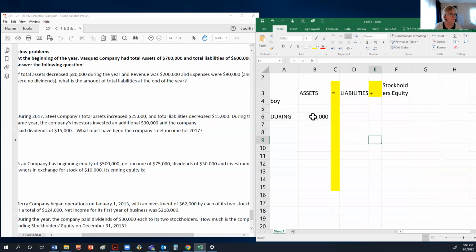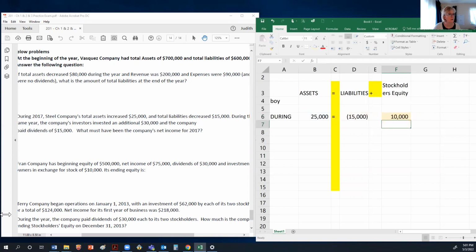Okay, total assets increased 25,000, but total liabilities decreased 15,000. But this equals has to hold for every transaction. So then you have to solve for this number, okay? So whatever stockholders' equity is, it plus minus 15,000 has to equal a positive 25,000, okay? It just has to. So we know that stockholders' equity during the year has to be the equivalent of 25,000 minus